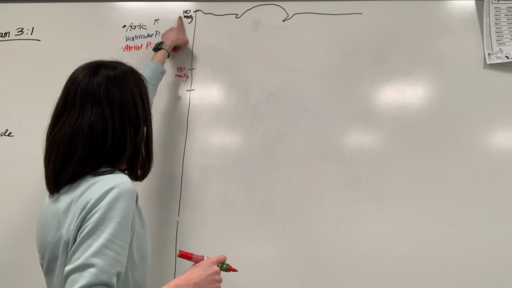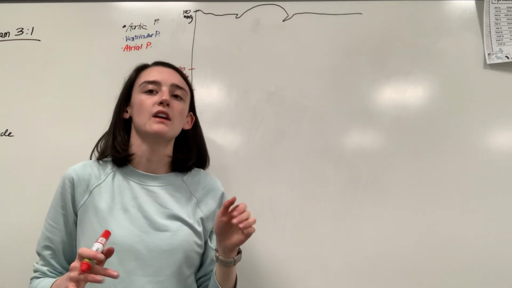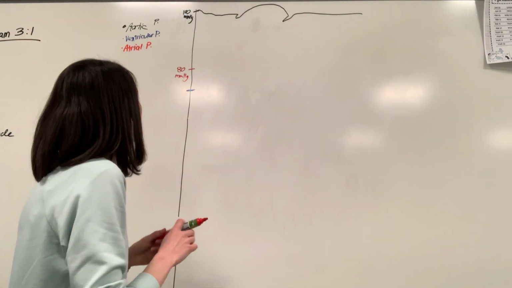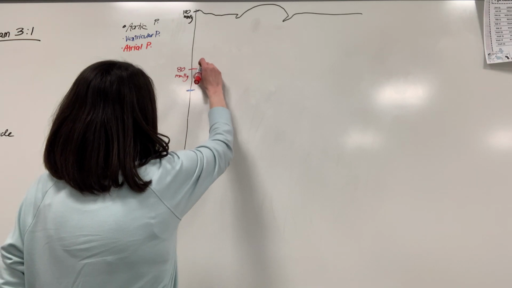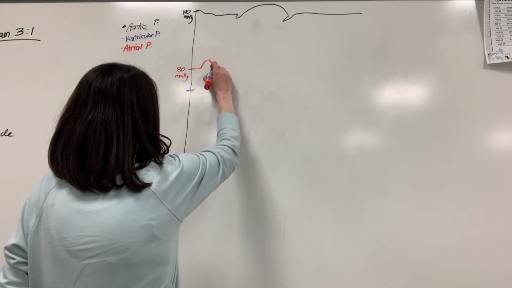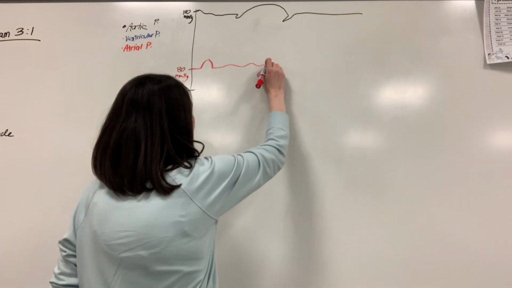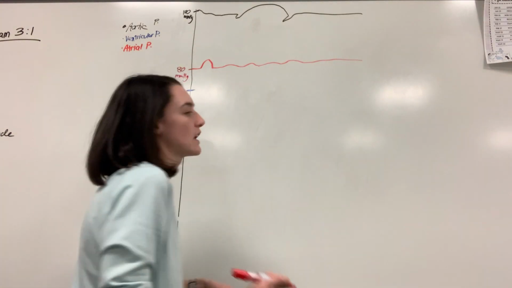So our high should be around 120 and our low should be around 80. And that's representing systole and diastole, which I will explain in just a moment. So back to our atrial pressure, we're going to have a line. It's going to kind of come up like this, and then it's going to kind of go forward. There's going to be some bumps here and there, and then it's just going to kind of stay constant throughout